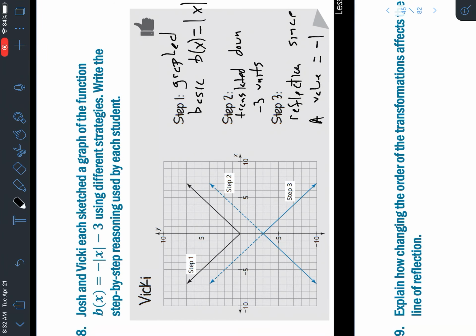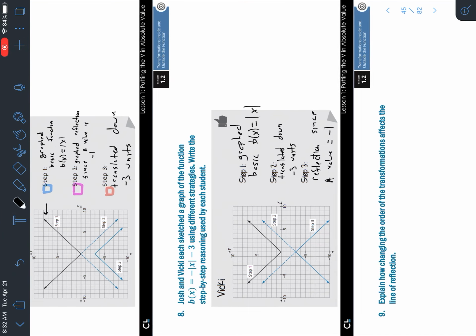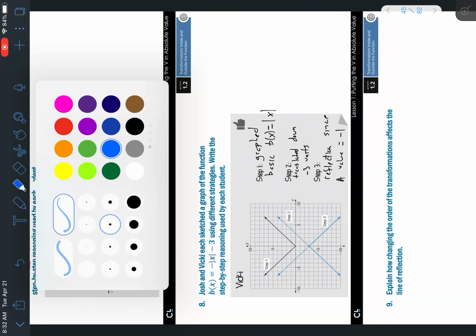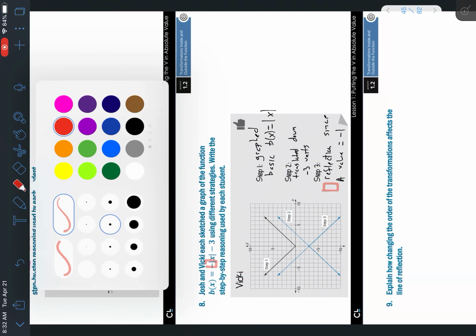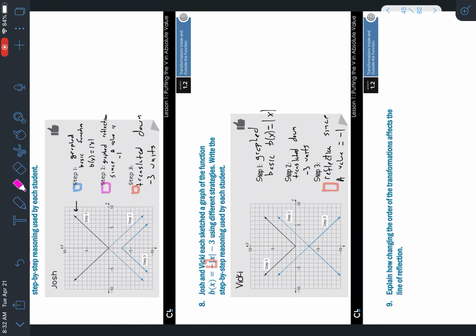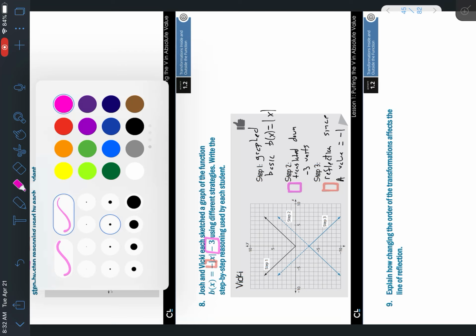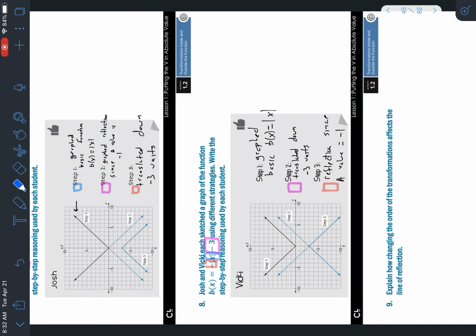Okay, so she did the same thing Josh did, except she switched 2 and 3. So step 3, she reflected. I'm going to put in the red box again. Step 2, she translated. And step 3, she did